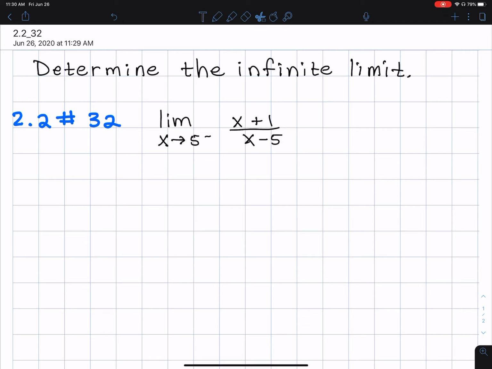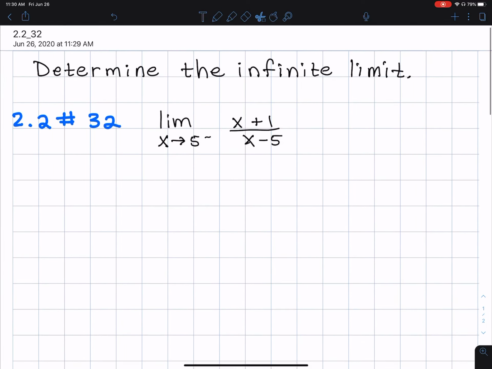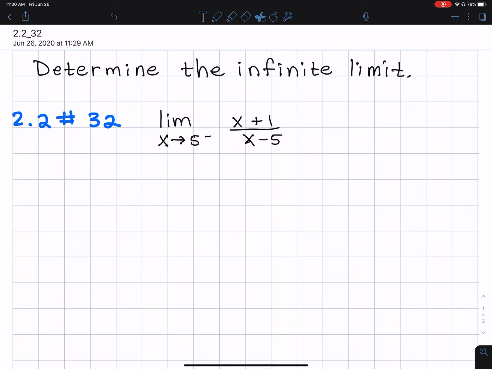Okay, this is Stewart Calculus, 8th edition, early transcendental, section 22.2, number 32. Here we're trying to determine the infinite limit. Now, they're telling us that it's an infinite limit, so we're either going to get an answer of infinity or negative infinity. What we are looking at is x approaching